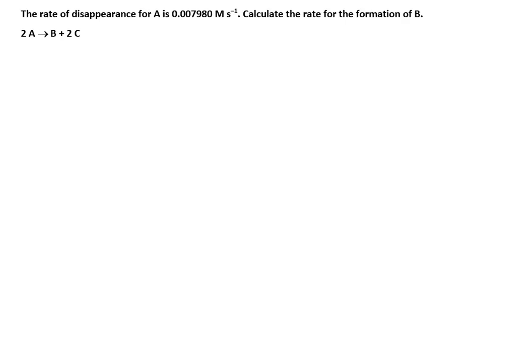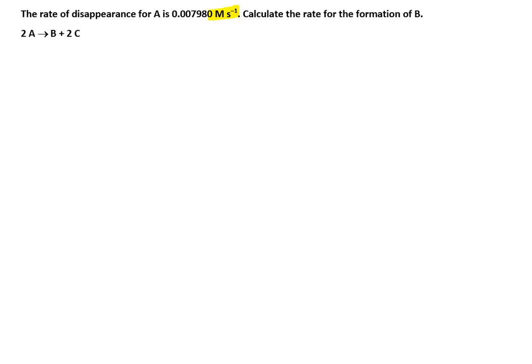And what we're given is the rate of disappearance for A, and we want to calculate the rate of formation of B. So we start with what we're given, and a lot of times when we're doing rate problems, we will write the rate like it was given here as molarity per second. But when you do these types of problems, it's a good idea to expand the units of molarity. And what I mean by that is to write them down as moles over liters, and that way all of the units will cancel as they need to.